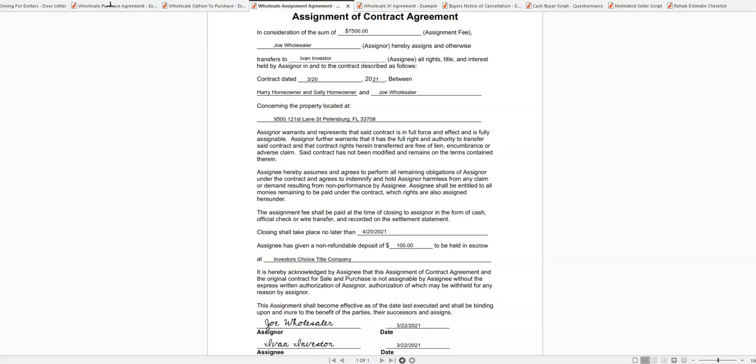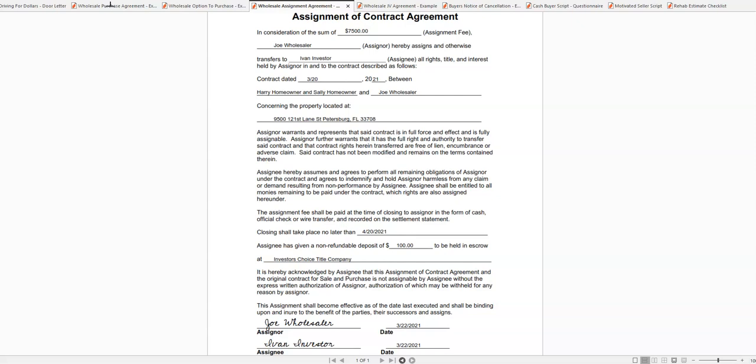You'll send your purchase agreement and this form to the title company so the title company knows that that investor is stepping into your shoes to buy the property and that you will get a check for $7,500 at closing from the buyer's funds. Okay, so when he or she sends funds over to the title company to purchase the property, they're going to do the purchase price of the property,